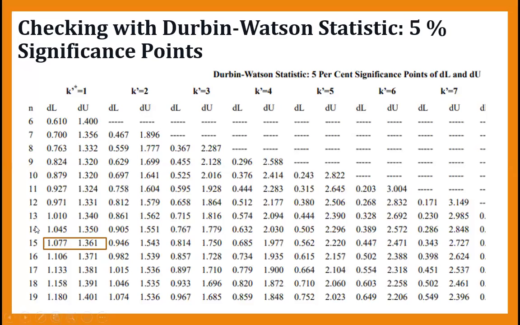In our case, when the number of weeks is 15 and K is 1, we have DL as 1.0077 and DU as 1.3605. We can take them to two decimals as 1.08 and 1.36. In our case, the D value is coming as 0.8830.